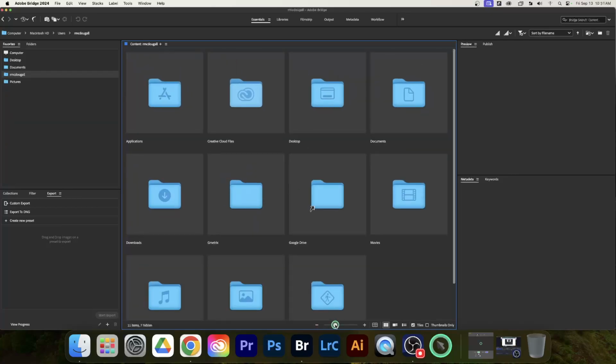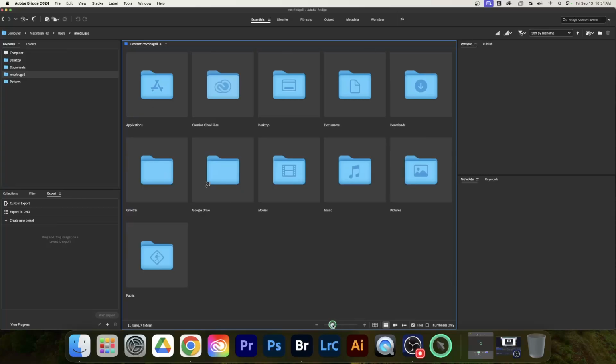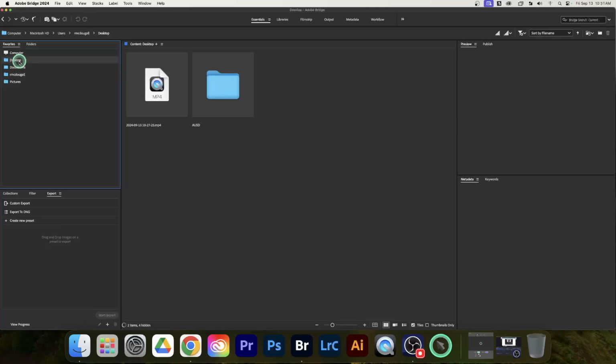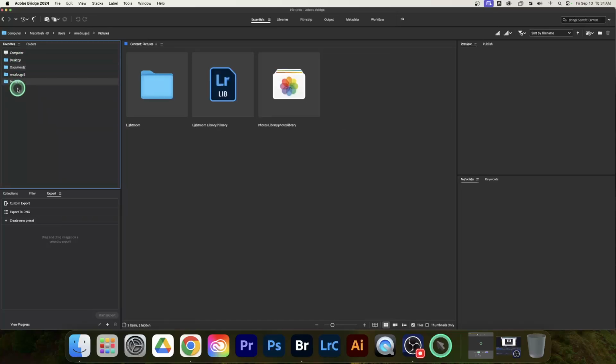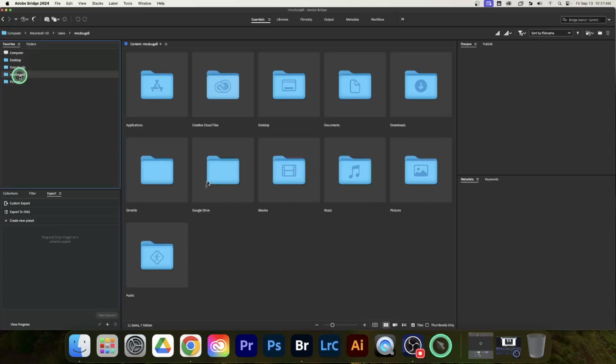See how if I drag this slider, it makes the icons bigger. So make it as big as you want to help you in your viewing mode. But let's make sure we're on our Google Drive. To find that, if yours looks like this or like this or like this, make sure you're on the one that says your username. If you come over here, as you're logged into the computer, it'll have your username, and then look for Google